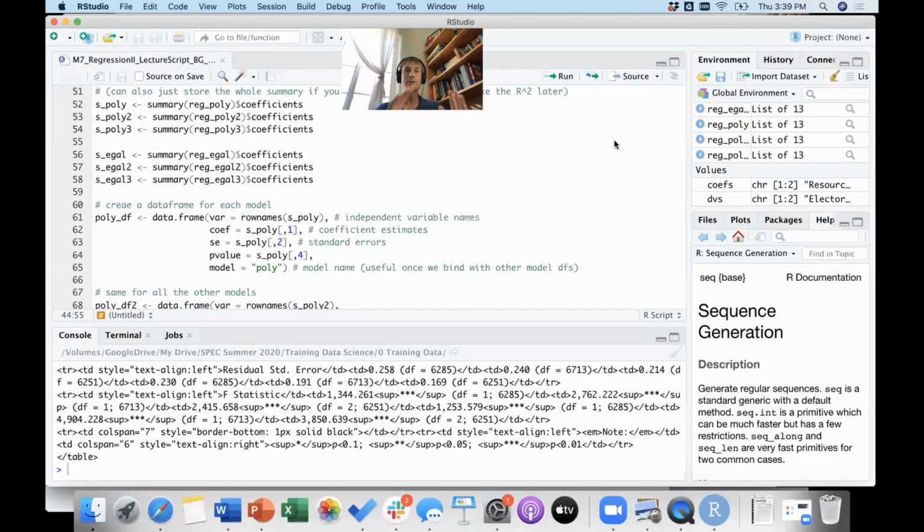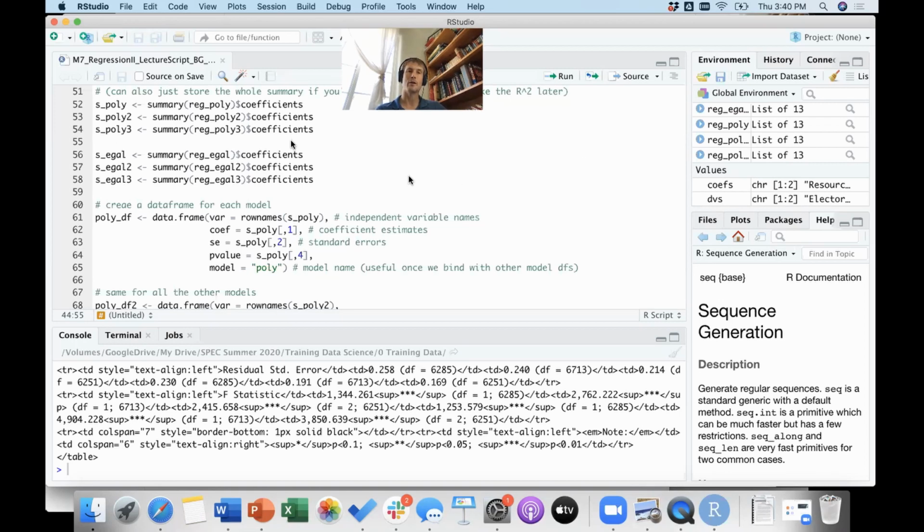Okay, so we've run 6 regressions. We made a table out of them, and that's great. We have a regression table to go in the body of the paper and the appendix, but now we want to make a picture. So we've got to extract some of the information that was used to make that table and put it into a format that's going to be really easy to feed into some ggplot commands